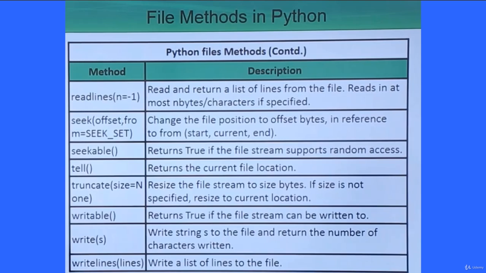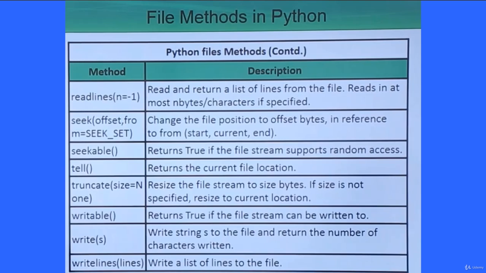So it returns a boolean. Next is tell, which returns the current file location. Where the file pointer is pointing to, the current location will be returned here. Truncate(size=None):